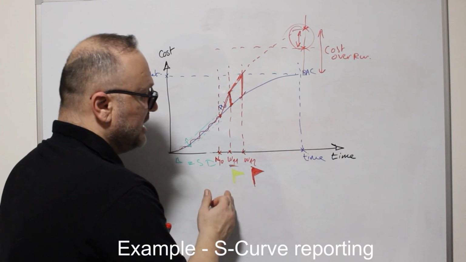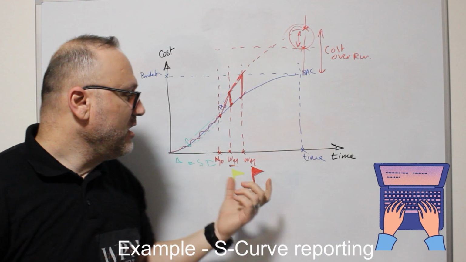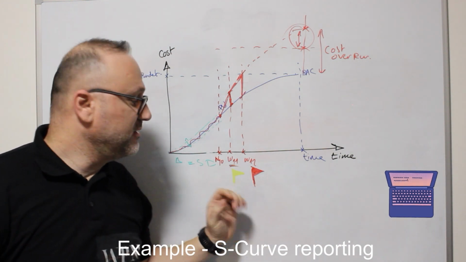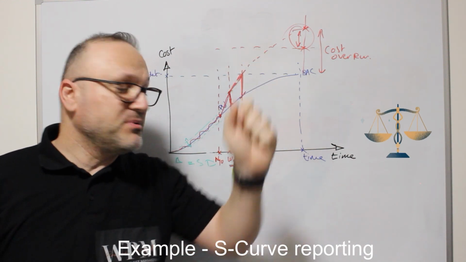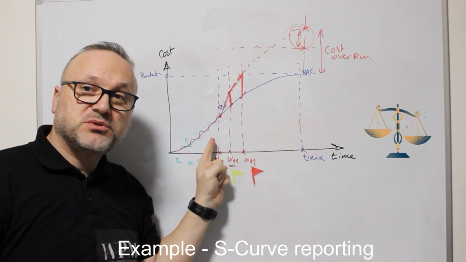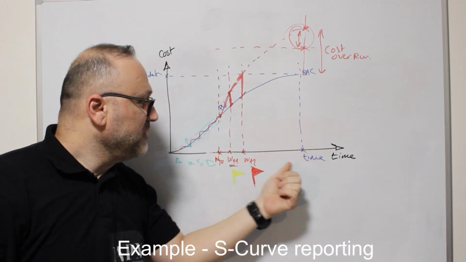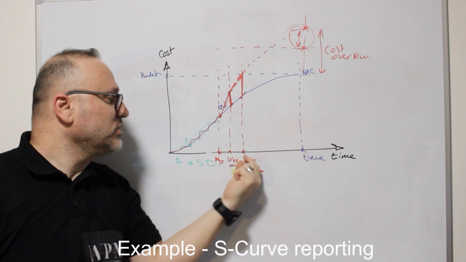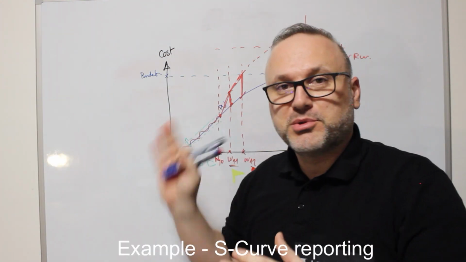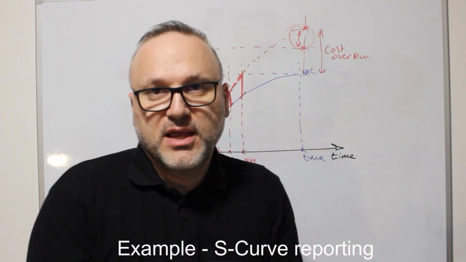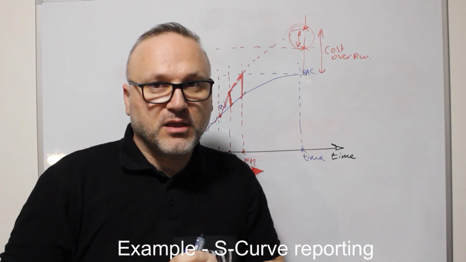This is what I am saying, that the project controller is not only a reporter. He or she is not only a reporter. They are red or yellow flag people who are saying, we are here today, be careful, we are going to be in negative at that time. We have to do today what we have to do to get back to the plan. Project controller is like a PMO, a directive PMO. It depends on the structure of the company.